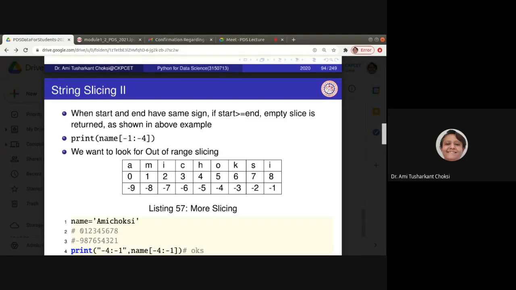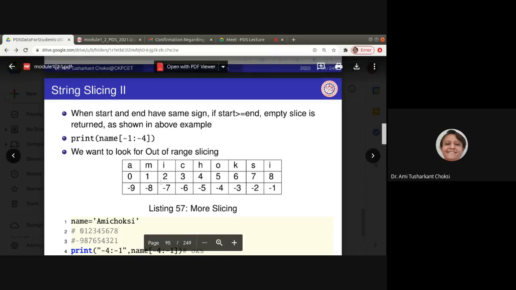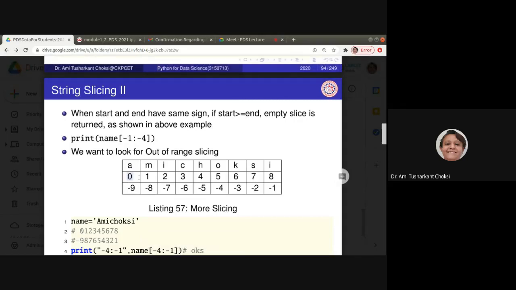Let us look at the range. Say Amichakshi, right? Indexing says positive 0, 1, 2, 3, 4, 5, 6, 7, 8. If we see the reverse indexing, it is -1, -2, -3, -4, and so on.